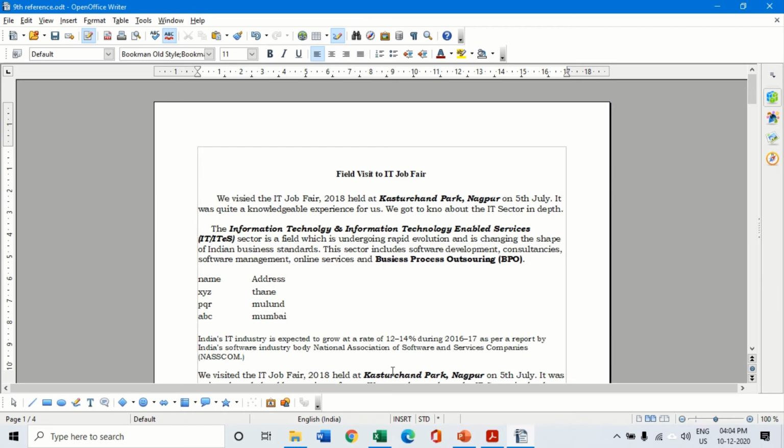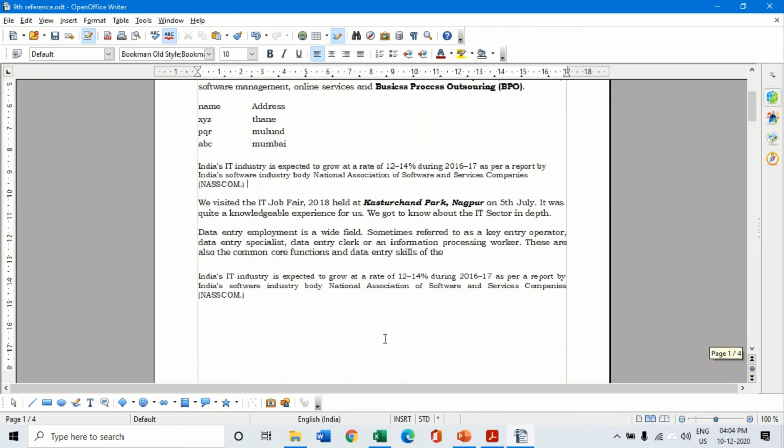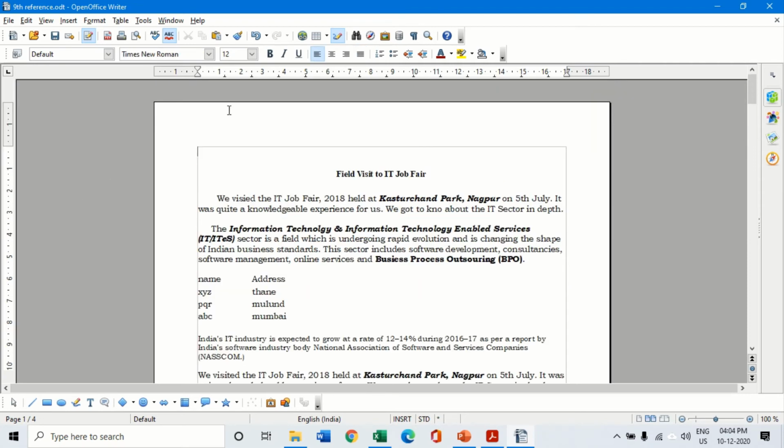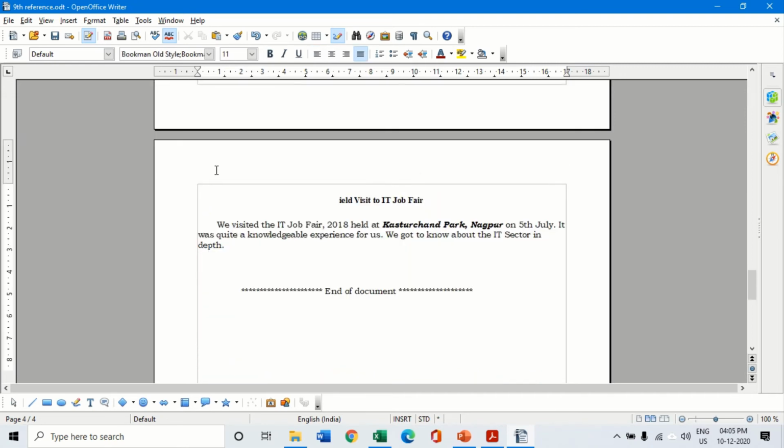Now if I am somewhere in the middle of my document and I want to go straight away to the beginning of my document, I will press Ctrl plus Home, which takes me to the beginning of the document, and Ctrl plus End will take my cursor to the end of the document.